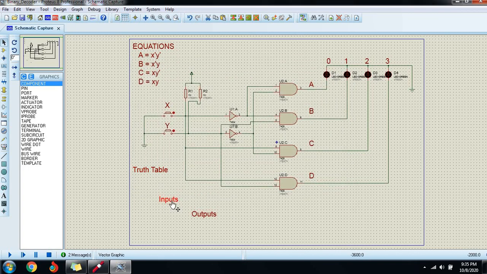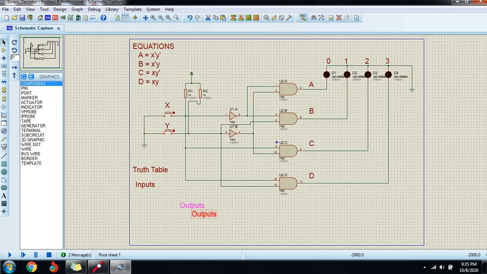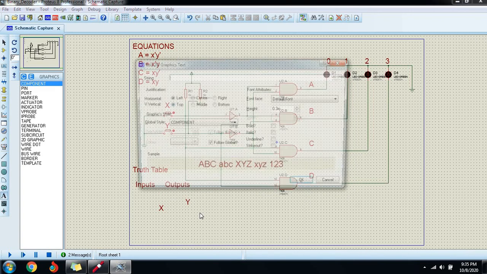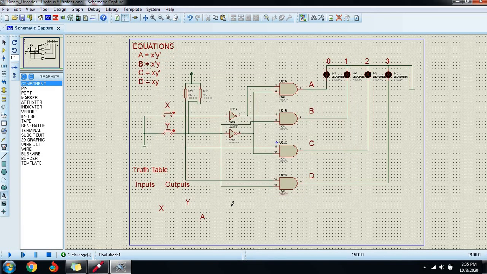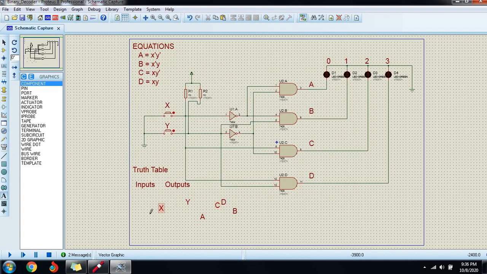Okay, and then you have inputs, you have also outputs here. Okay, so again, let's try to put our inputs. Okay, your inputs are represented by your X and your Y, and then you have A, B, okay, C, and then we have D. Okay, so next